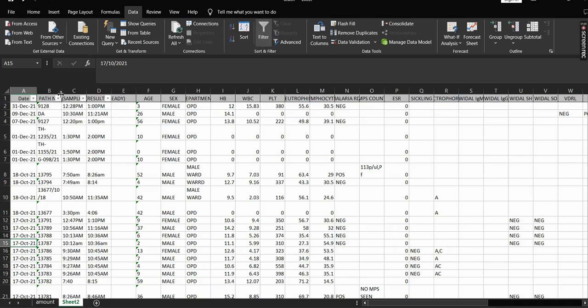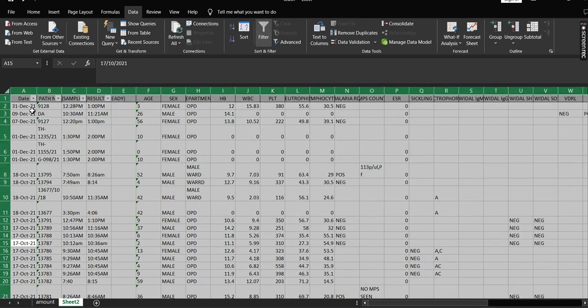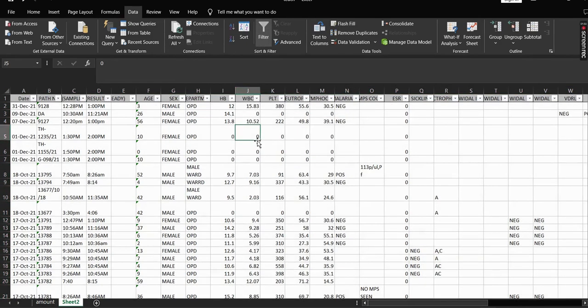So we did that and it selected just a few. So we're going to select everything using Ctrl+A and then click on the filter again. So now every column has a filter. So basically you need to go through the various columns one after the other to be sure that everything is